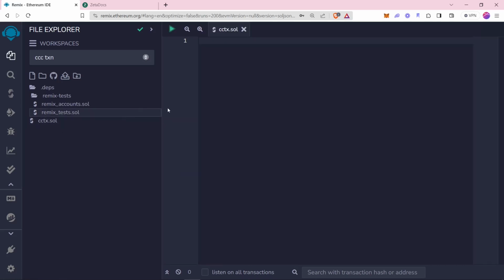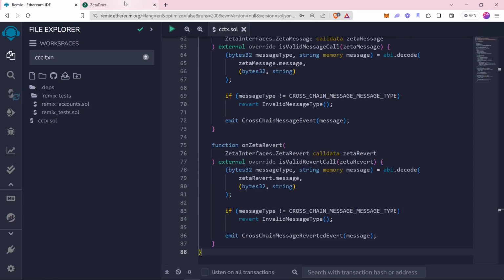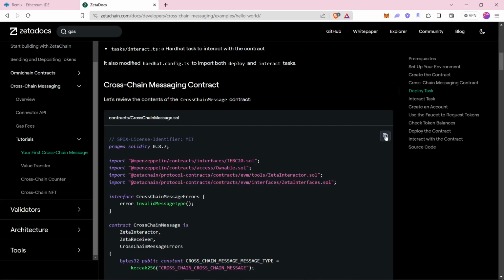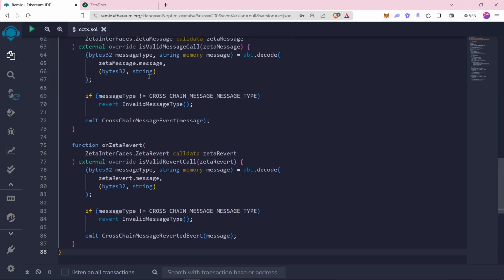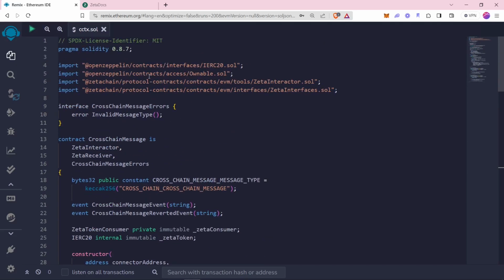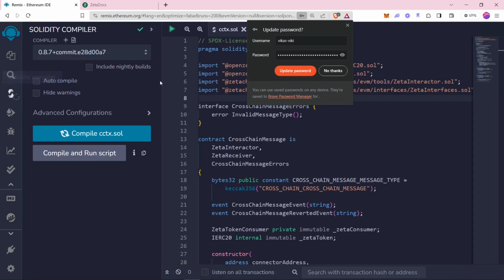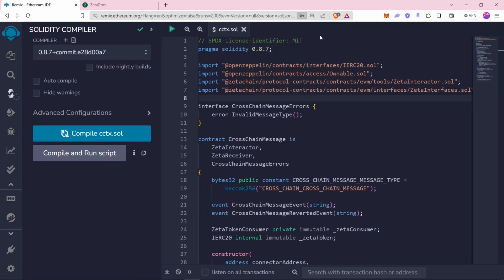cctx.solve. So I'll just paste the code which we have copied from here. There is a copy option, as you can see, and we'll just close it. So first of all, we'll compile this, okay, so that our dependency will be loaded. We'll compile. There will be an error for sure, because our